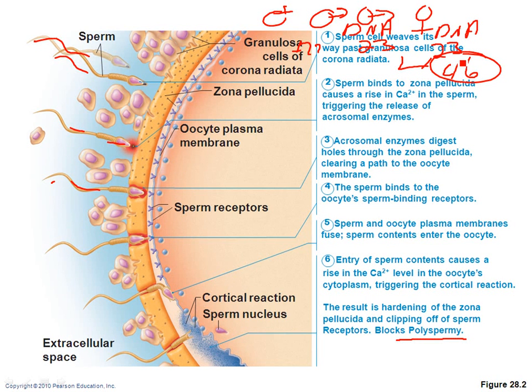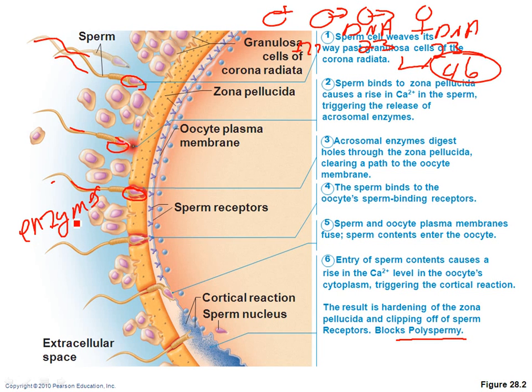So basically the sperm swims up, and it will attach to these little sperm receptors. Okay, so here we go. The sperm weaves its way past the zona granulosa cells of the corona radiata, which you learned about in reproduction. This sperm will bind, and when it does, the head of the sperm has the acrosomal area, or this little acrosomal region, and it actually contains enzymes. And this is why it takes so many. Millions of these sperm, or thousands of these sperm, will bind, and the little heads will basically burst open and spill out enzymes.